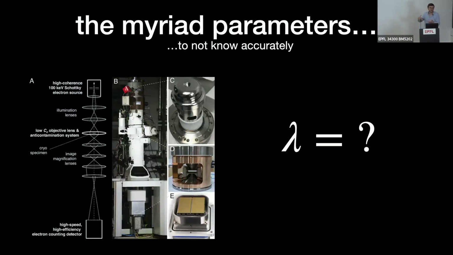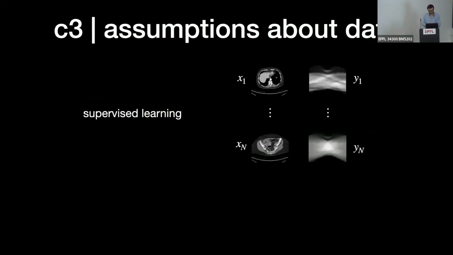It turns out that you can do this just from the projections, right? You can actually fit this one parameter. Now, contrived as it is, you can think that in these complicated instruments, there are a myriad of parameters that you only know approximately. So in some sense, if you know what you don't know and you can model it, this kind of framework really enables you to do crazy things. Yeah, so it's very exciting.